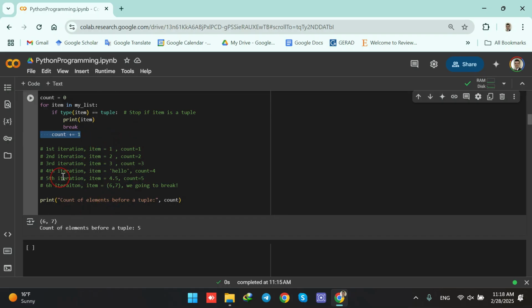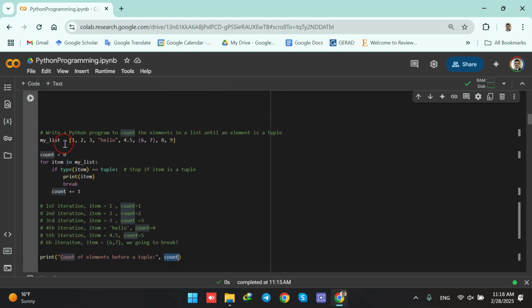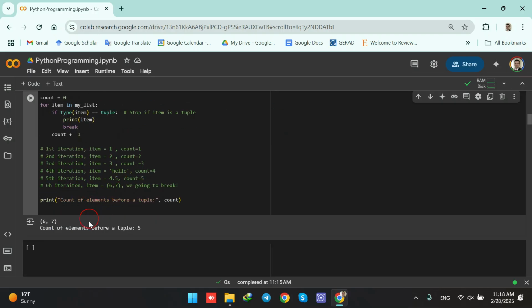Okay, so this is what we are going to get as the output. So the count is 5 because we are printing it here. So when we count also 1, 2, 3, 4, and 5 elements are there in my list before we reach a tuple. And regarding the type,